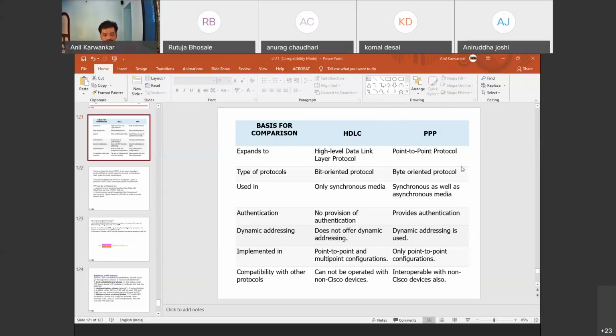IBM has its own proprietary SNA architecture, systems network architecture, for providing connectivity for terminals. The SNA architecture utilizes the SDLC protocol at the data link layer. Typically, whenever we are talking about Cisco, many Cisco devices utilize SDLC protocols at the data link layer. You can utilize the PPP protocol over various Cisco devices, but you have to configure PPP separately. What is that particular configuration? I am going to show you this in the lecture itself.